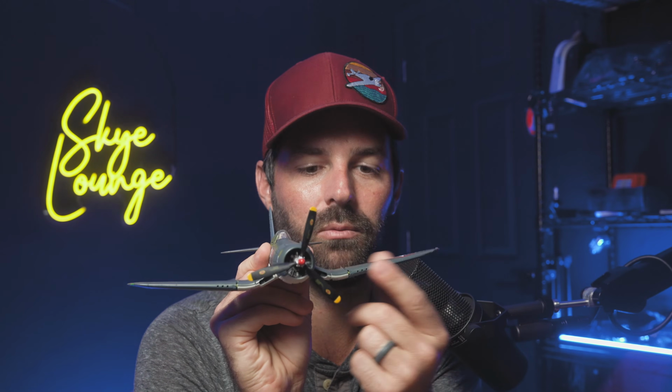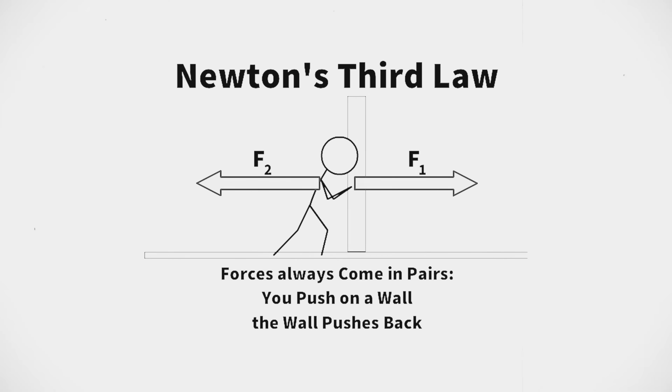The main fact of all heavier than air flight is the wing keeps the airplane up by pushing the air down. This is a Corsair, so it's got a bent wing configuration, so it's kind of confusing. But yeah, the wing shoves the air down with its bottom surface, and it pulls the air down with its top surface, and all that really matters is the wing forces the air to go down. Because of that, the wing receives an upward counterforce. It's the same principle as Newton's law of action and reaction.